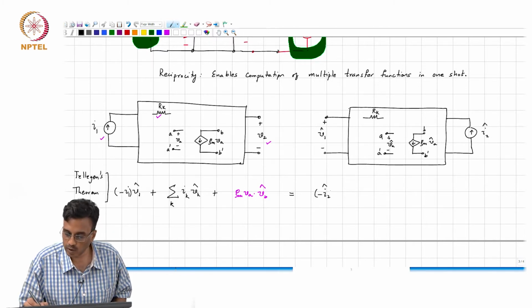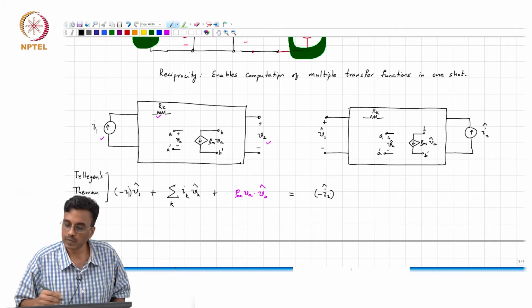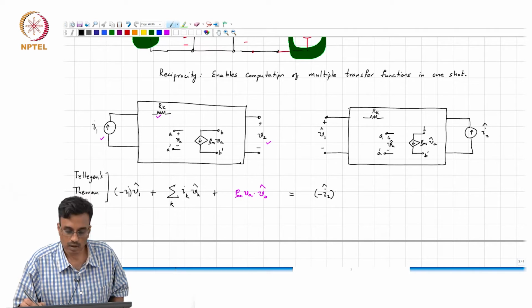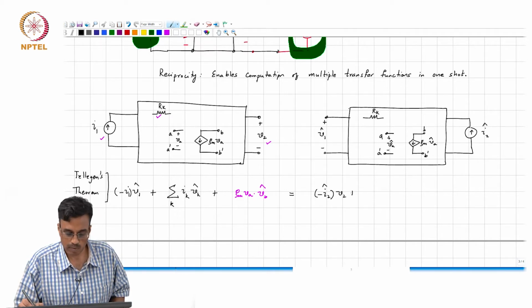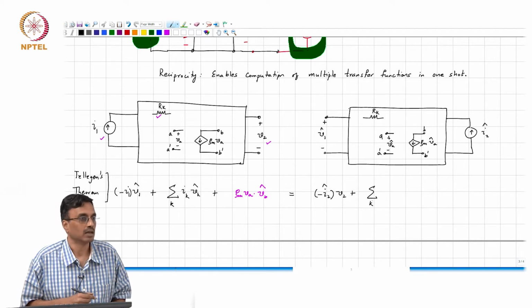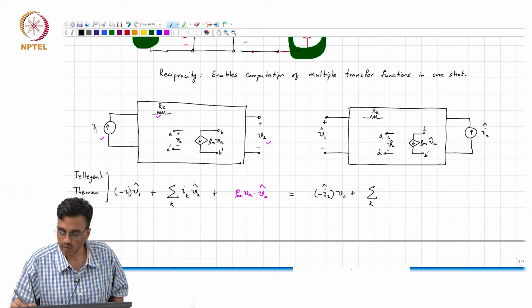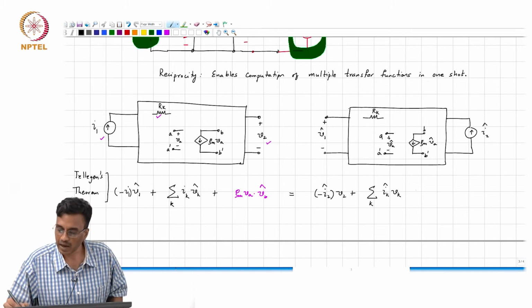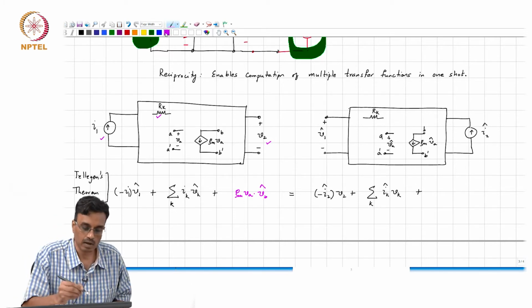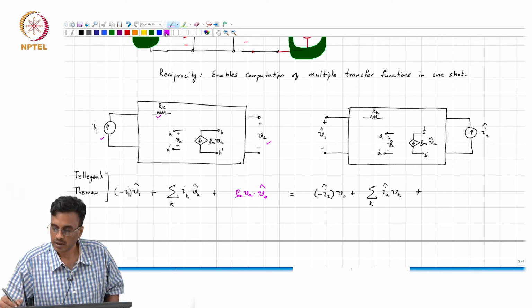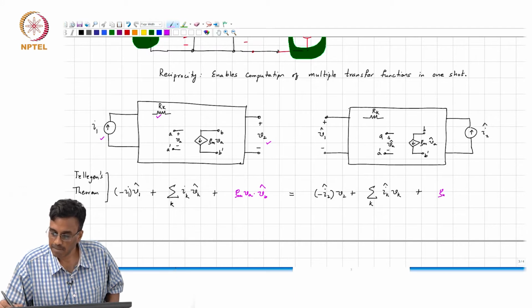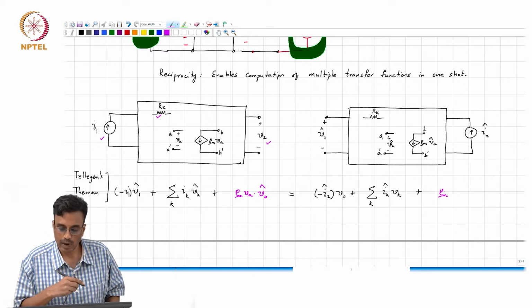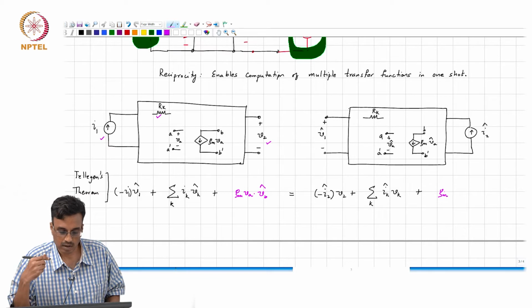So, this minus I2 hat times V2 plus the sum over all resistors inside, which is Ik hat times Vk plus Gm, well,